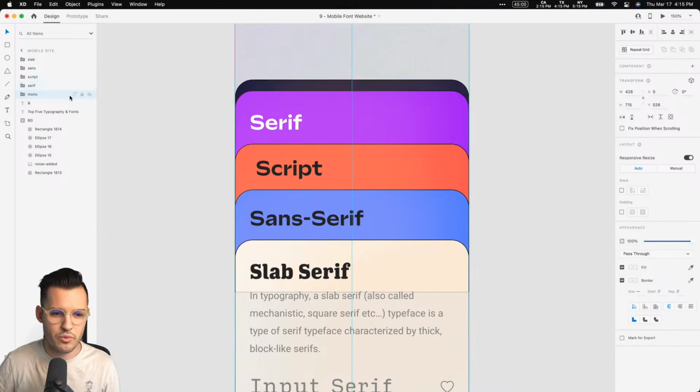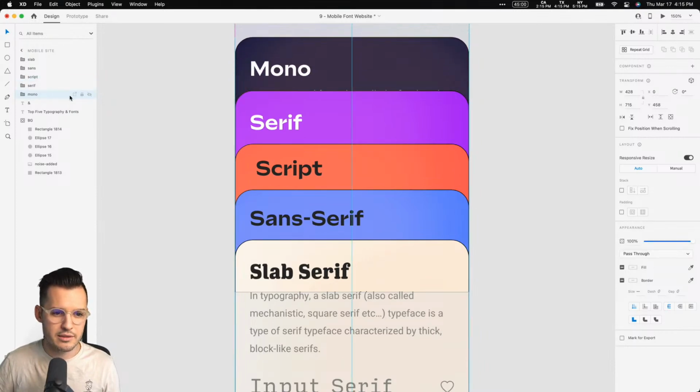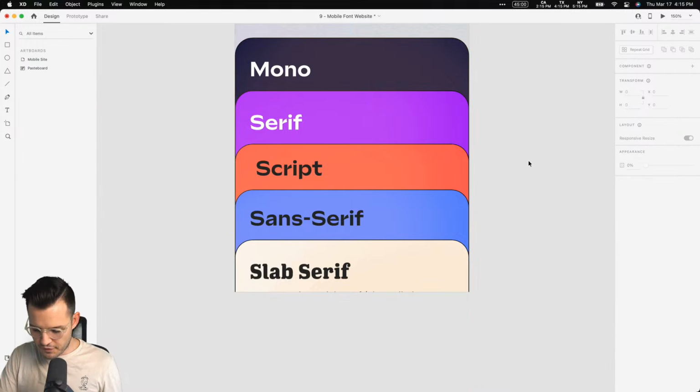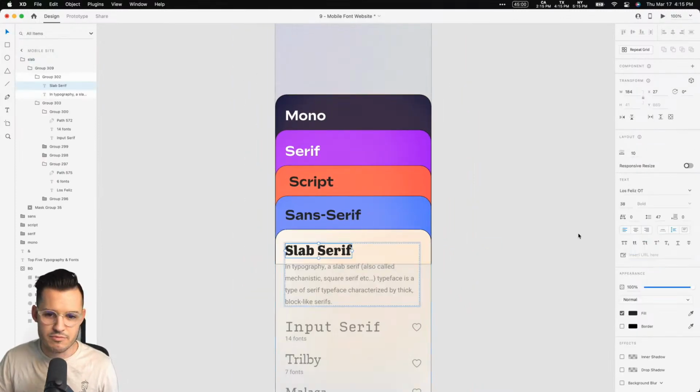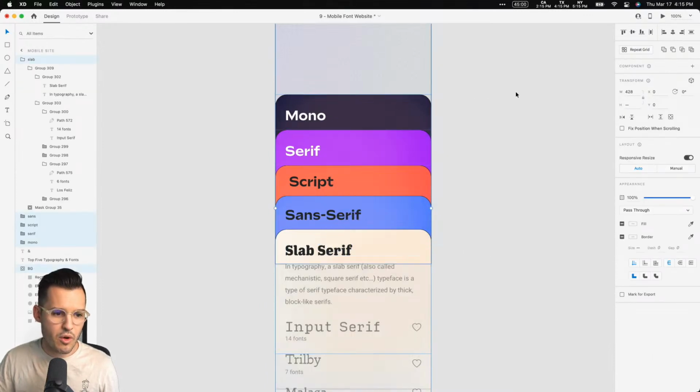So let's just do one more. We have mono. Great. All right, cool. Feel free to put these in whatever order you think is right. All that's totally fine. All right, so here we go. I'm gonna grab all of those. I wanna make sure that my background is locked. So I'm just gonna lock that, grab the rest of these, and I'm just gonna distribute them a little bit